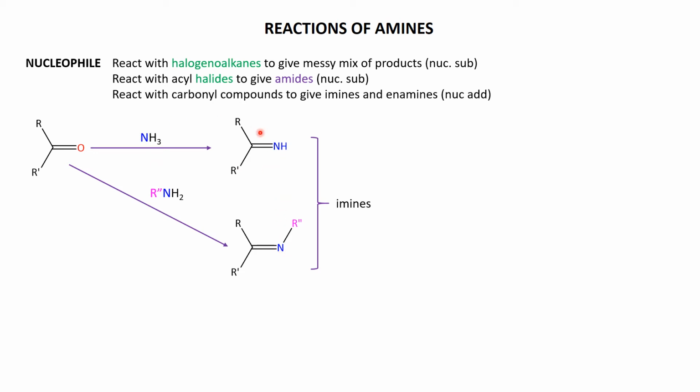Now, if you think about what's effectively gone on, and I'm not going into the mechanism because it gets all kinds of weird and messy, what you've effectively lost is an oxygen and two hydrogens, which is, of course, water. Down here for this primary amine, we've lost the oxygen from the carbonyl compound and the two hydrogens from the primary amine, losing again water. So ammonia, or a primary amine, reacted with a carbonyl compound gives you an imine,